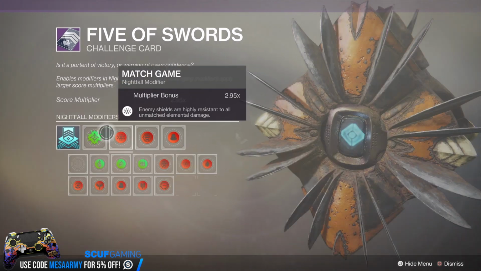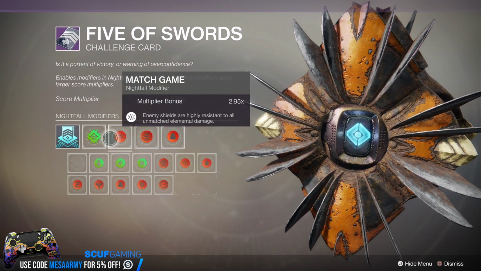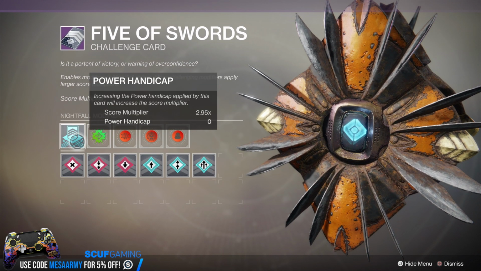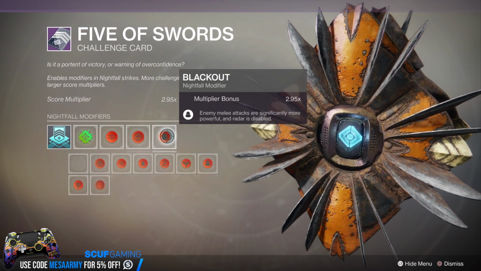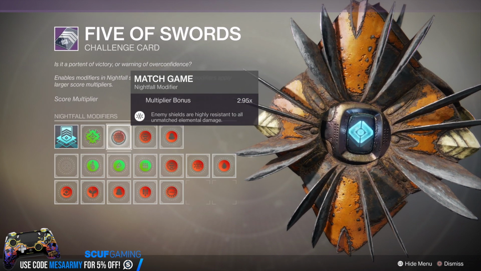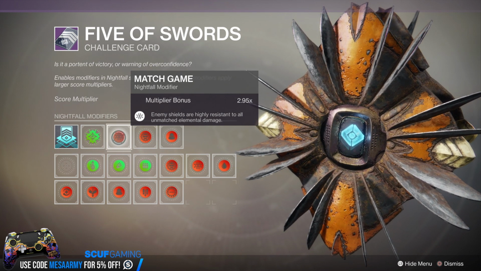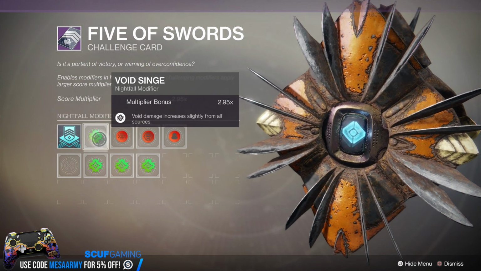And as usual, here's how I set my Nightfall card up to get 100k score in one run. You're not going to get a tremendously high score, but you will get 100k. I simply put no handicap, I put a burn on, I like to go with match game, extinguish, and I go with blackout. Now I go with match game, but you want to make sure someone in your fire team is running one of each element to deal with those pesky shields,